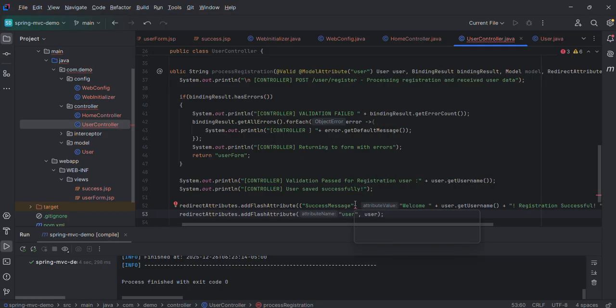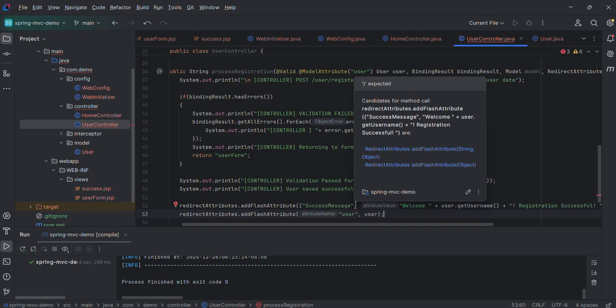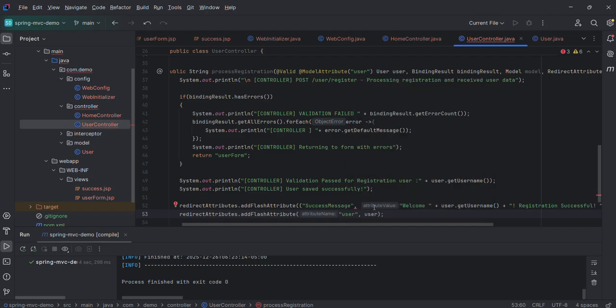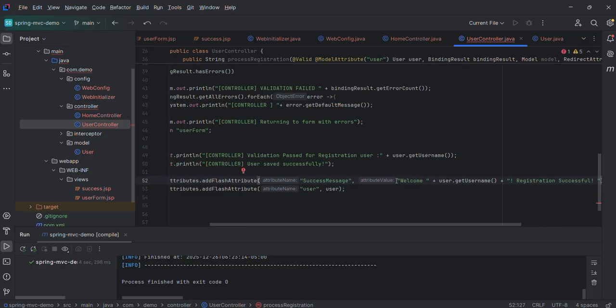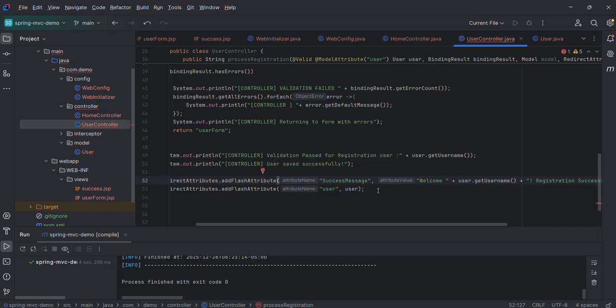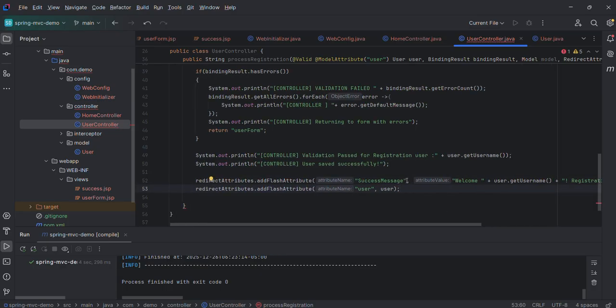Hmm, what is the problem here? It's a double quote. We don't need this many brackets. Okay, we have added user also to this flash attribute, and